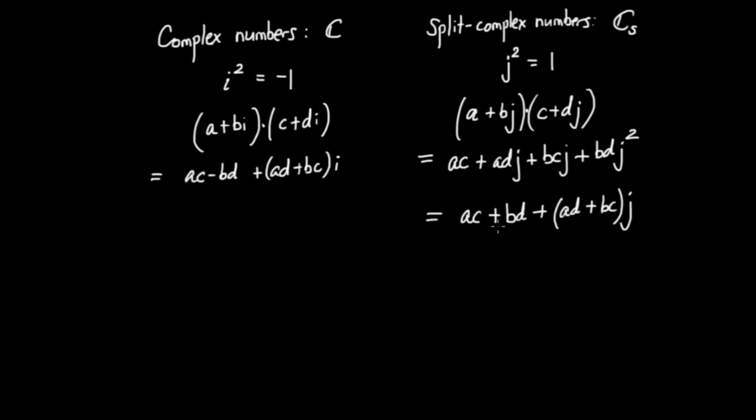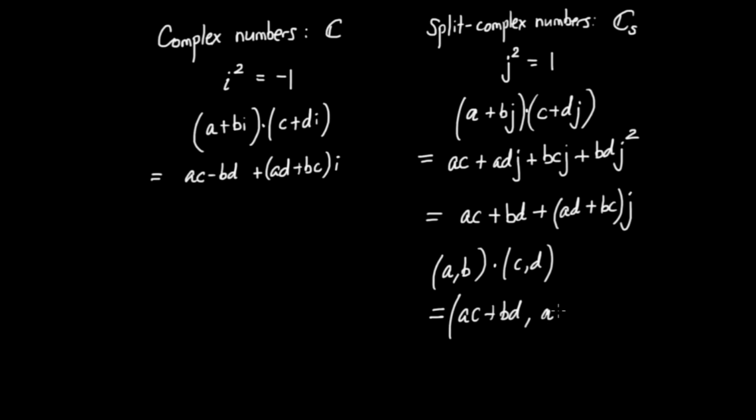So this is going to be our definition of complex number multiplication, or split complex number multiplication. That is, if I have two split complex numbers, I'm going to write them in ordered pair notation. Let's say (A, B) times (C, D). Then the new ordered pair that results is going to be